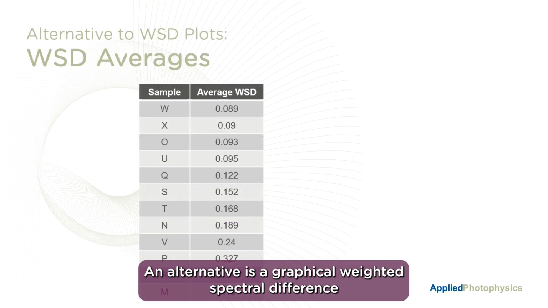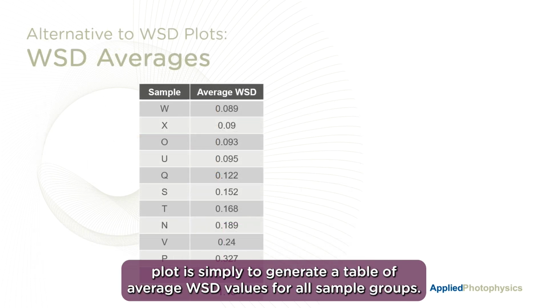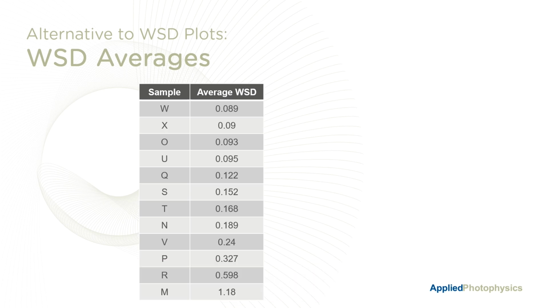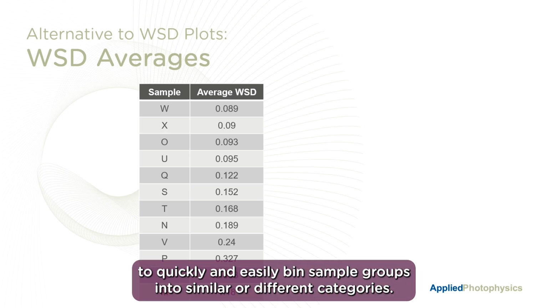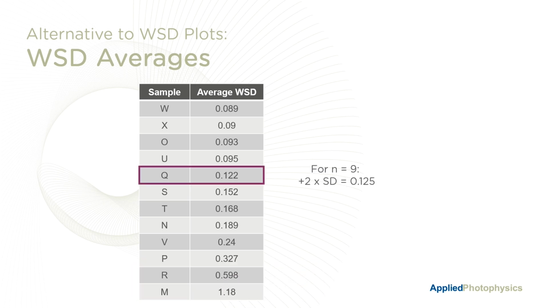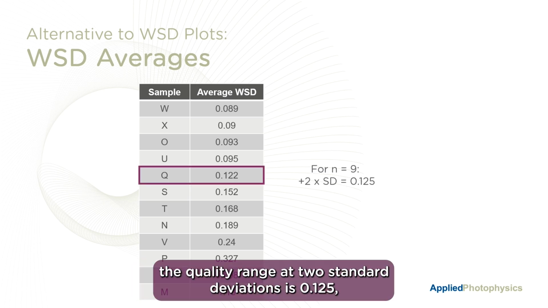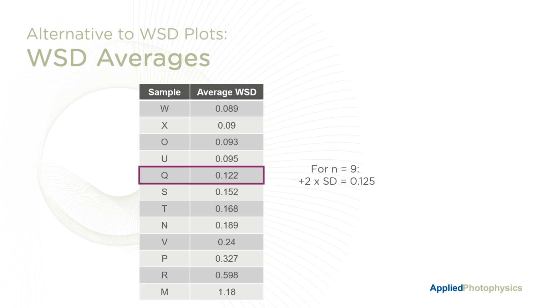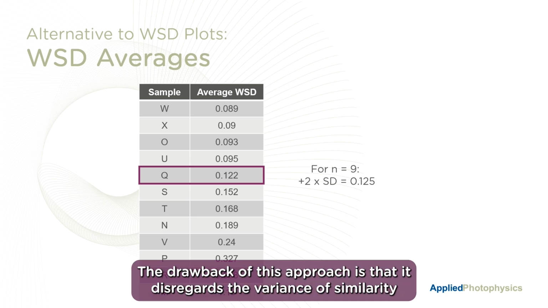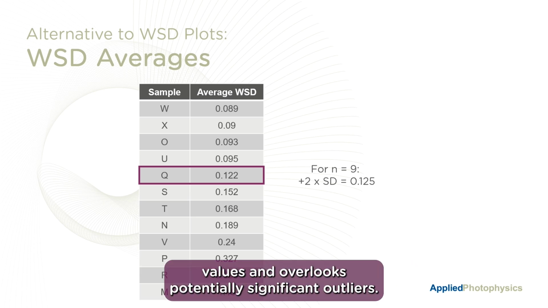An alternative to the graphical weighted spectral difference plot is simply to generate a table of average WSD values for all sample groups. The chosen standard deviation quality range can then be applied to quickly and easily bin sample groups into similar or different categories. For example, the quality range at 2 standard deviations is 0.125, meaning that sample group Q falls just within the category of being similar. The drawback of this approach is that it disregards the variance of similarity values and overlooks